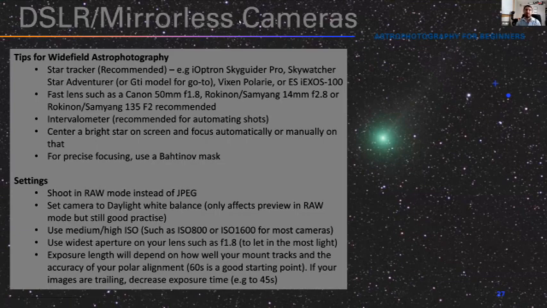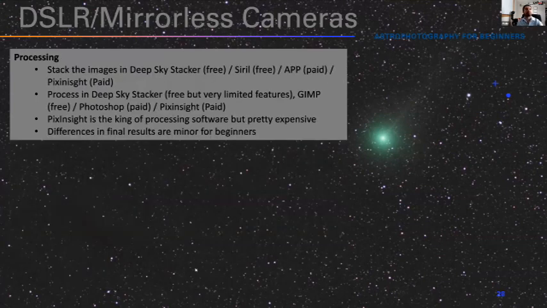So if you're using a DSLR or mirrorless camera with a tracking mount, which I recommend over here, then 60 seconds is a good starting point. That's what I use as standard with my Skyguider Pro and my Canon 6D camera. But if you get trailing, decrease it. And there's usually not much point going above 60 seconds with a fairly fast lens. But if you're using a slow lens, but you have a good mount, you can try 120 seconds or 180-second exposures. But that's the starting point that I recommend.